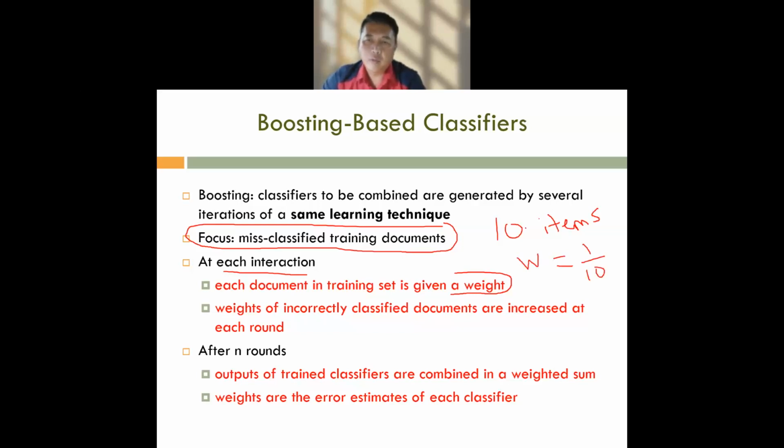Okay, so if we have 100 items in our data set, each of the items will have 1 over 100 as the weightage. The weightage of incorrectly classified documents is increased at each round, meaning that when you perform the classification, all the misclassified will have higher weightage, and all those who are correctly classified will have